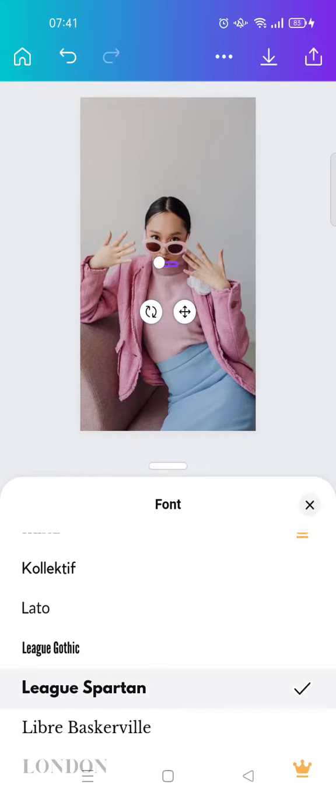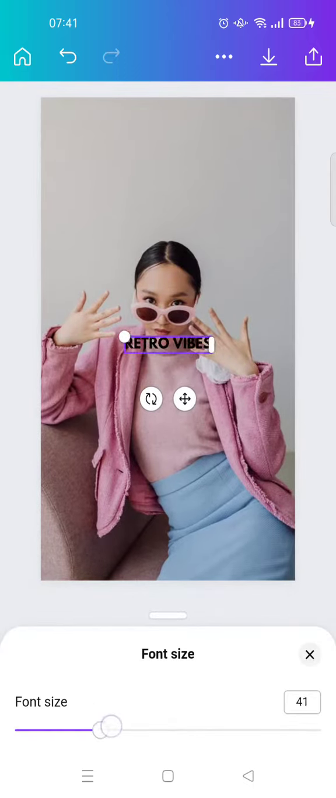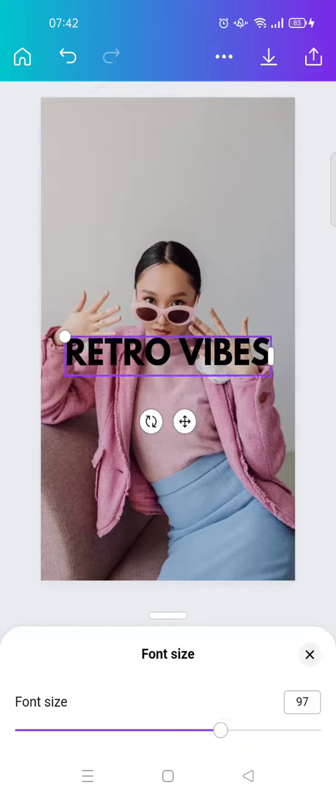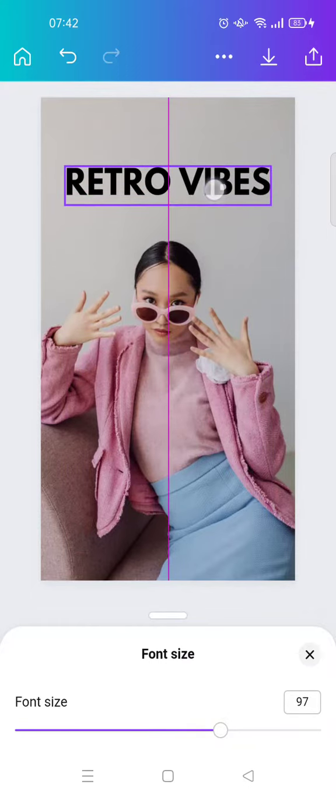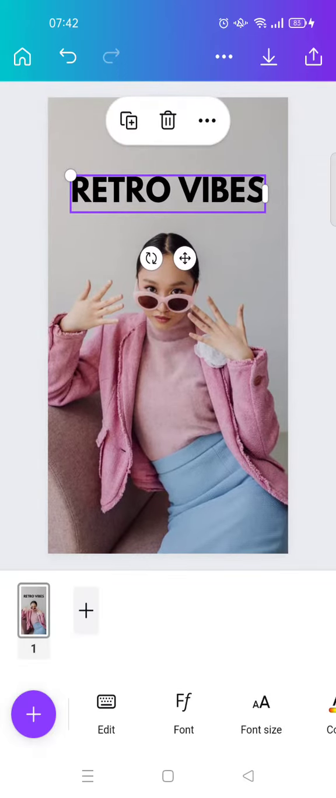I'm going to use this one, and then I'm going to adjust the font size so that it becomes like this, and I'm going to put it at the top, close it. And to find the effect, you can just swipe in here at the bottom while you click on the text at the top,